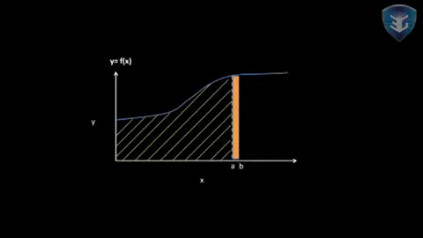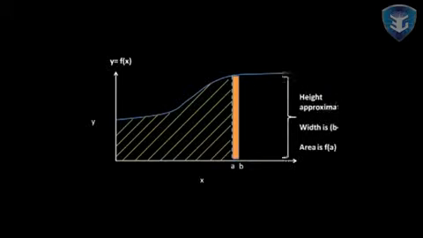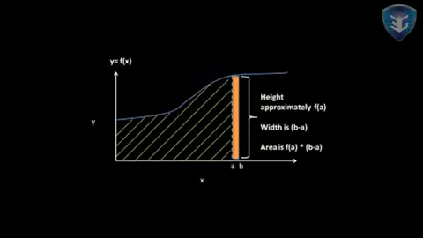curve increased by the area of the shaded region, whose height is approximately f of A and width is B minus A. I say the height is approximately f of A because the height is in fact not constant and is different at B than at A. However, if A and B are very, very close together, then we can assume that the shaded region is in fact a rectangle with height f of A and width B minus A. The increase in area is therefore f of A times B minus A for a change in x of B